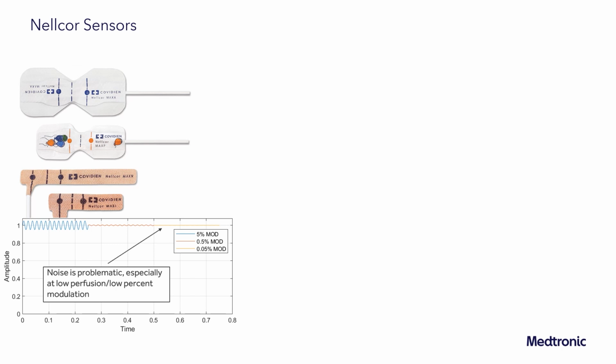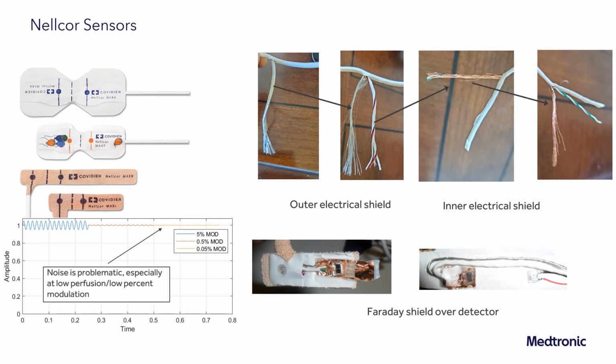Nellcor is actually rated down to 0.03% modulation. Now, 0.5% looks almost like a solid line at this scale. So what does 0.3% modulation look like? If we start to tear apart a Nellcor sensor, what we will find if we cut this sensor cable open,